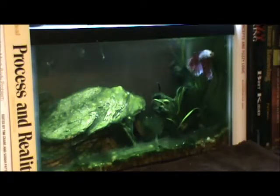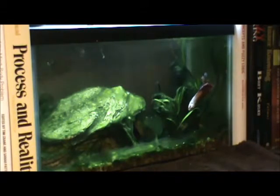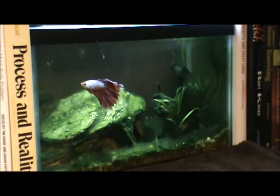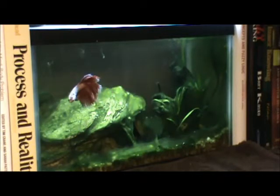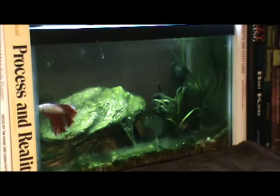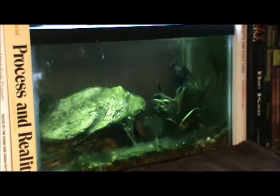I feed him once a day, all that he will eat within the space of a minute. Actually, they'll tell you when they're hungry and when they're not. He'll eat until he loses interest in it, and that's pretty much within a minute. And off he goes. I feed the pellet food that's in most pet shops,